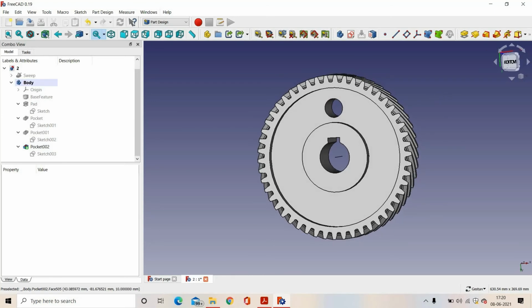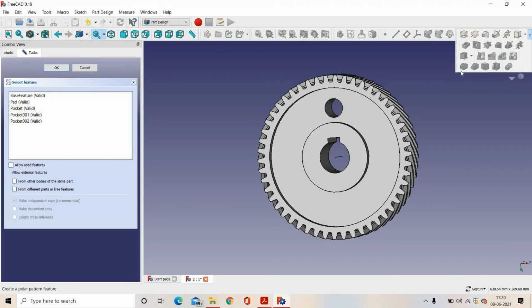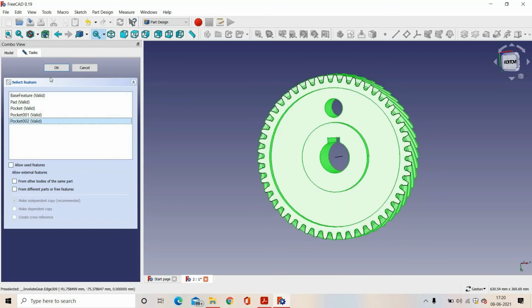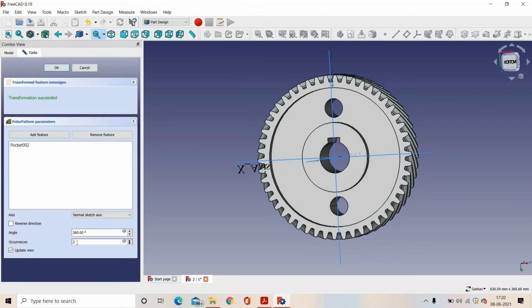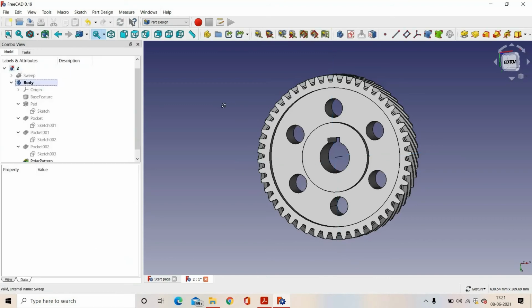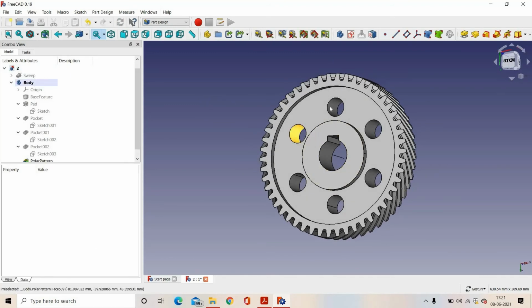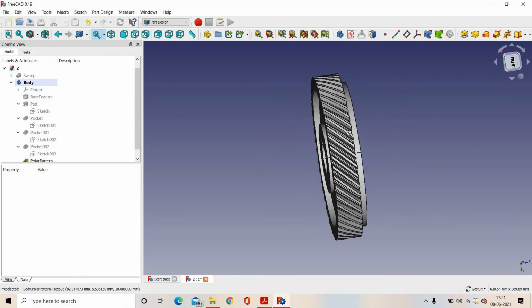For that we will use polar pattern. In base features, we will select pocket 2, and here in occurrence we will select 6. So now we have created 6 holes and our gear looks like this.